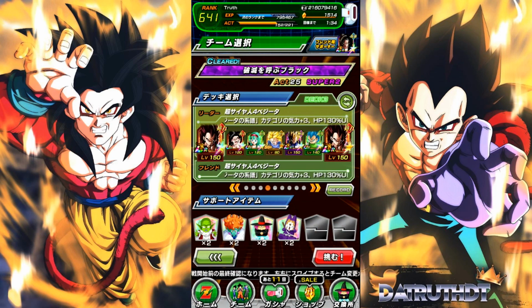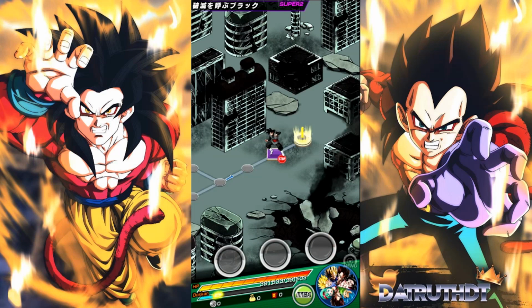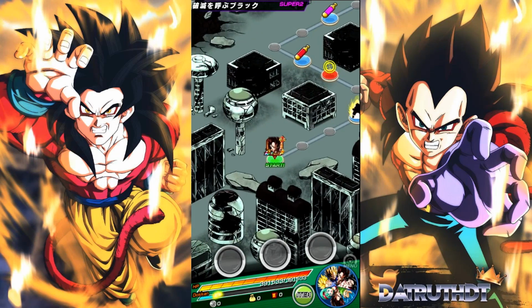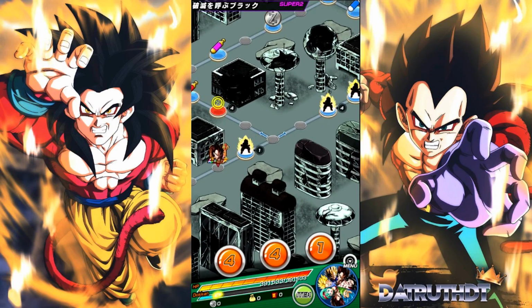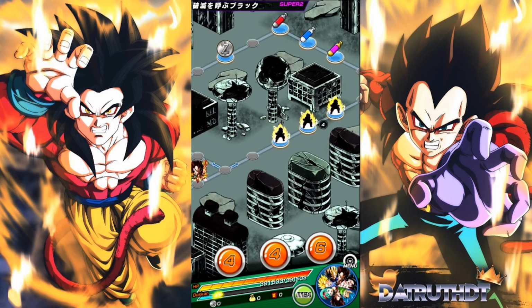We'll, of course, show him here on the LR Super Saiyan 4 Vegeta team, because the Vegeta's lineage team is obviously the newest team. That isn't the best team for Trunks. Trunks' best team may actually be the hybrid, excuse me, the Shadow Dragon team. I think if we use Trunks there...